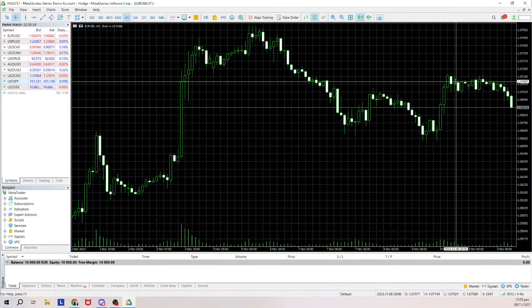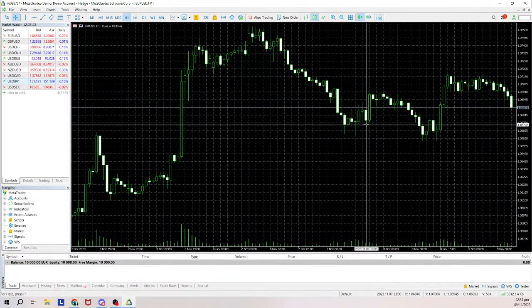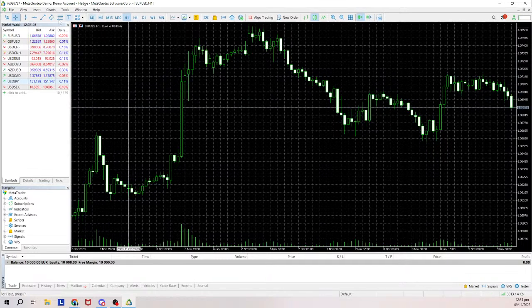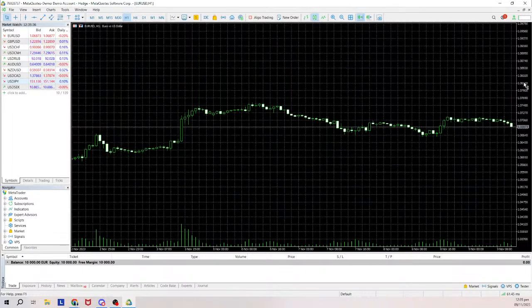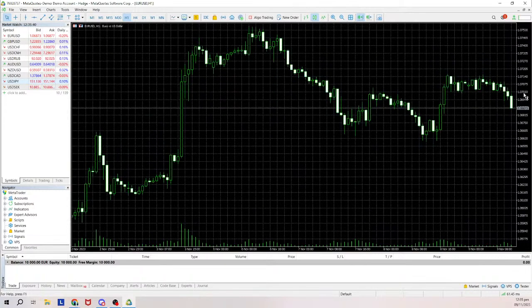Based on my cursor, I can move up and down to see the price on that specific date. I can decide to have a smaller or a much wider